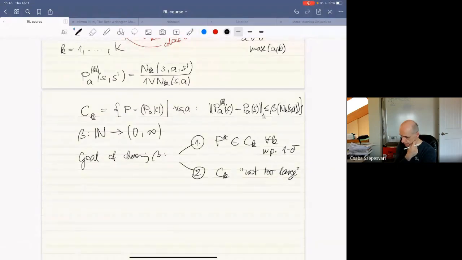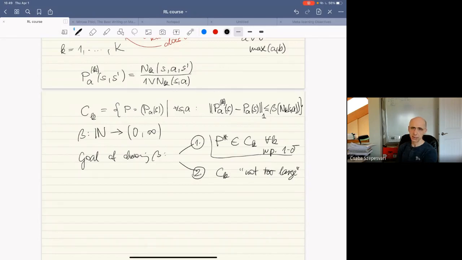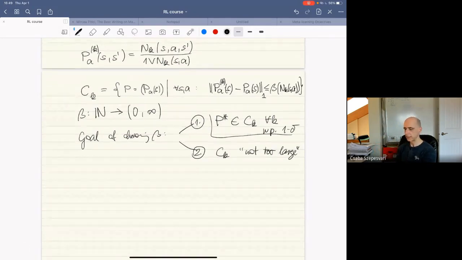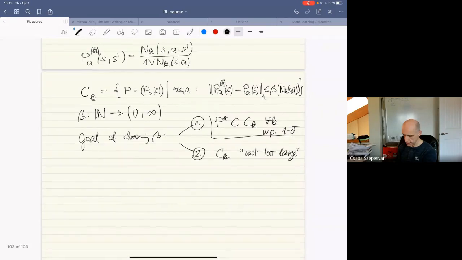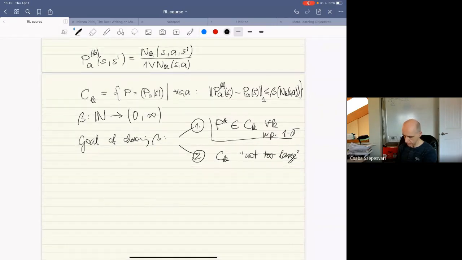So on this, two things. Once we choose this beta in such a way that it's as tight as we can with simple tools, and we meet this high probability guarantee, once this is done, then comes the optimistic planning part. So it's choosing the optimistic model and choosing as well the optimistic policy. So what does this correspond to? It corresponds to choosing a policy, and this is going to be the policy that we're going to follow in this round, which is going to be the H horizon optimum policy